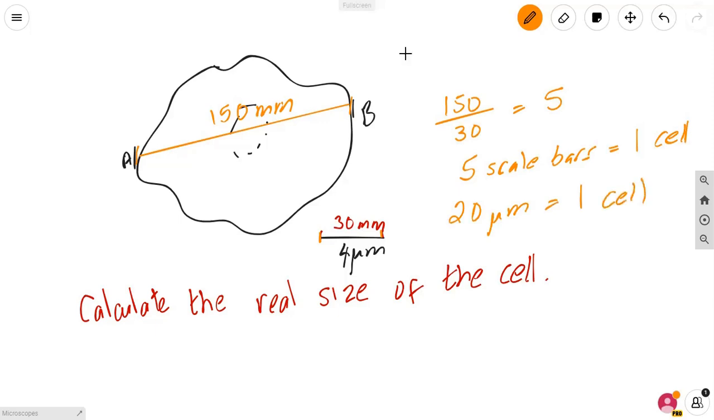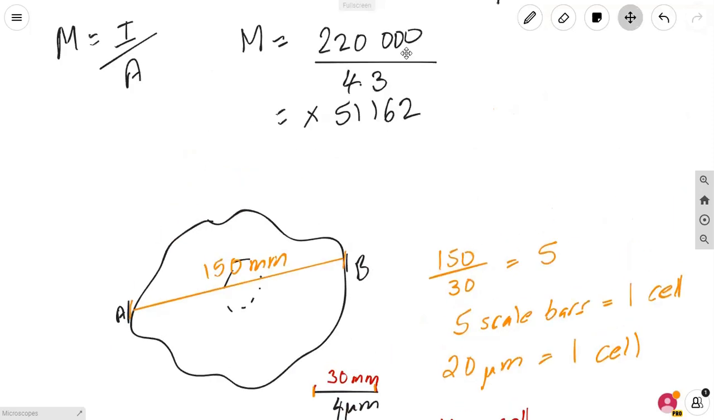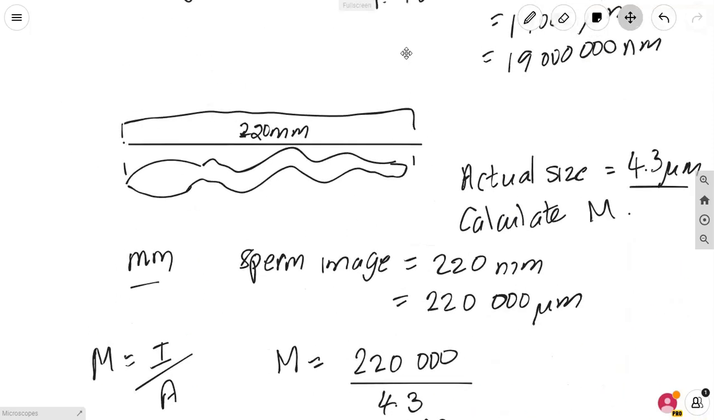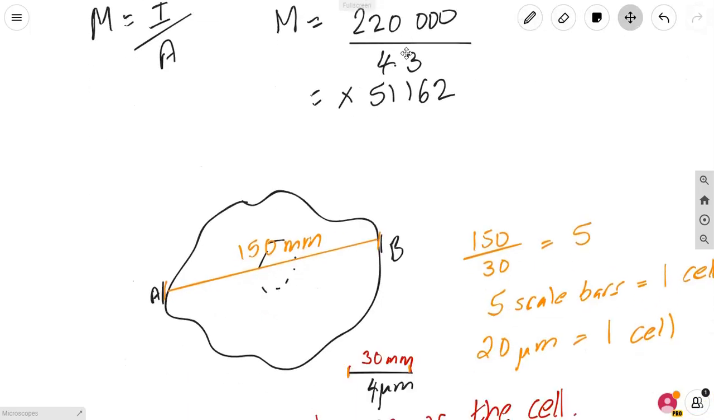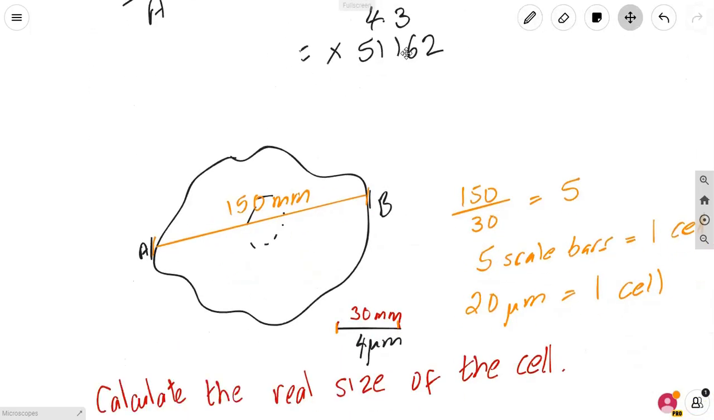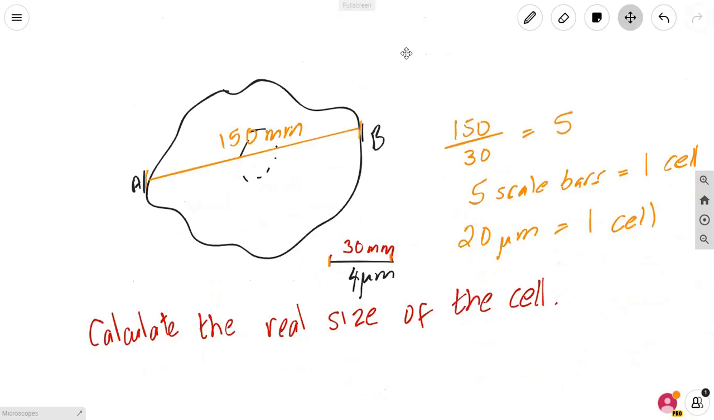So that's the other type of calculation that you could get. Either they'll just give you, like I had before with my sperm, a picture and give you the size and magnification, and ask you to calculate something else, or they will start giving you scale bars and start asking you to work with those. We will look at the actual structure of the cell in a different